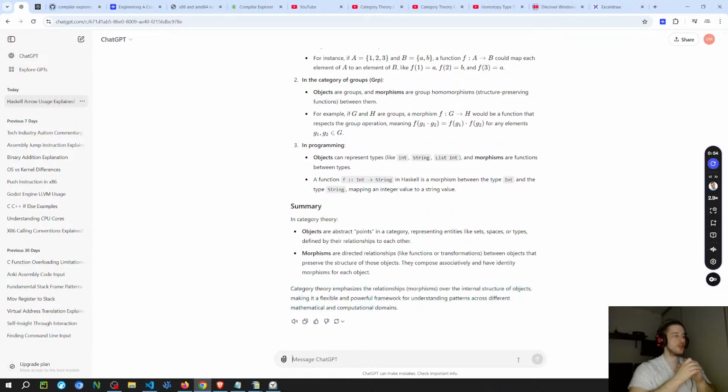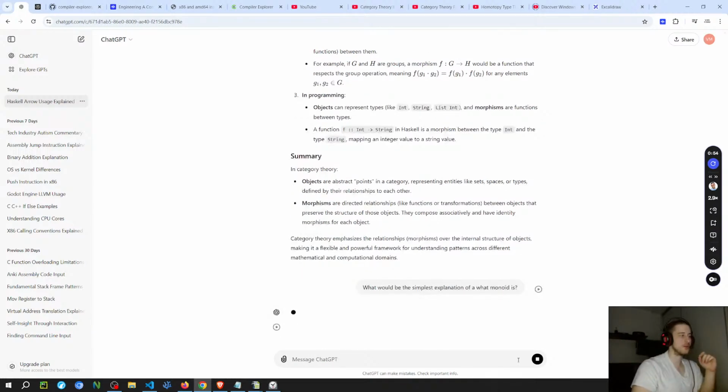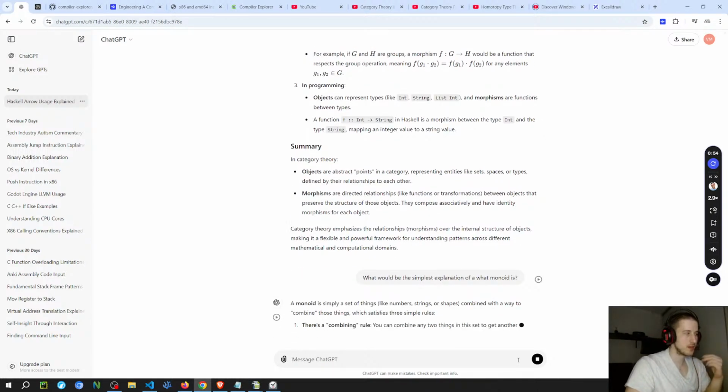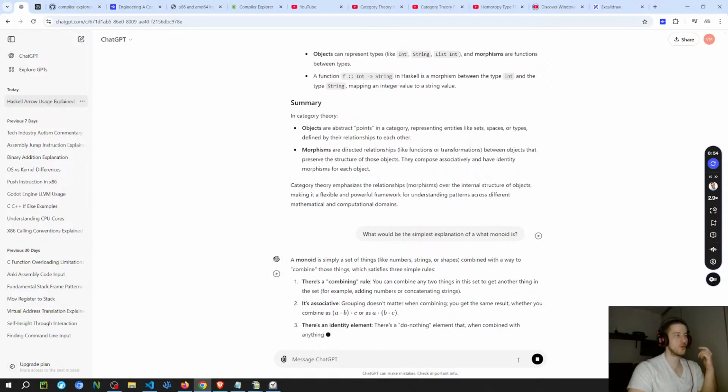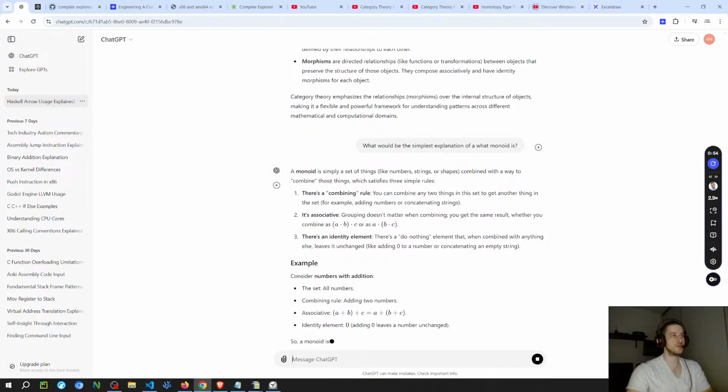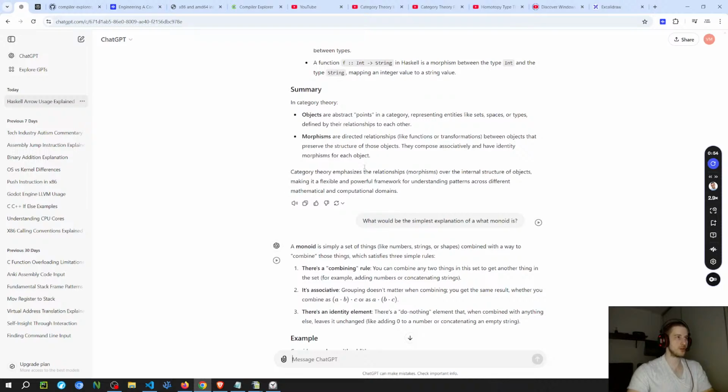So there are two things I want to ask. Maybe I should ask, what is a monoid again? And the other thing I want to ask is about endofunctors. I'm going to ask this one first, then I'm going to ask the difference between a function and a functor. Then I'll ask about the endofunctor, because what I want to ask is if an endofunctor is a morphism into the same state.